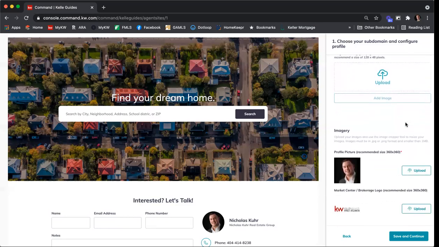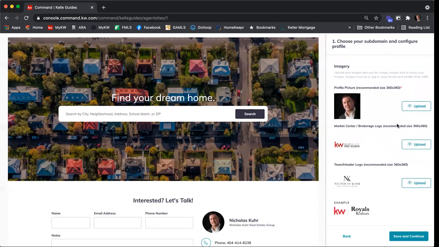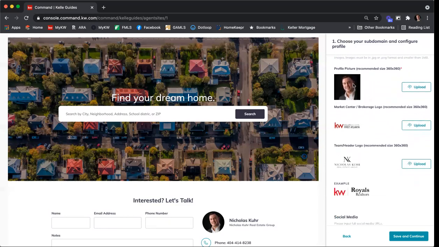Continuing to scroll down, our imagery. So again, this is going to pull directly out of my marketing profile. So here's my headshot image that is in a 360 by 360 square size. If you don't have one, you can go ahead and upload one here if you haven't uploaded it already in your marketing profile. Same thing for the brokerage logo. If you do not have the Keller Williams First Atlanta logos, Scott Hardy has uploaded all of those